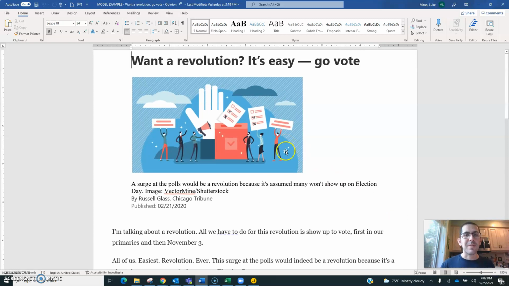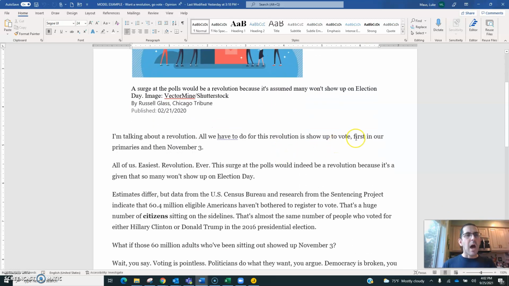Want a revolution? It's easy, go vote. I'm talking about a revolution. All we have to do for this revolution is show up to vote. First in our primaries, and then November 3rd. All of us. Easiest revolution ever. This surge at the polls would indeed be a revolution because it's a given that so many won't show up on election day.